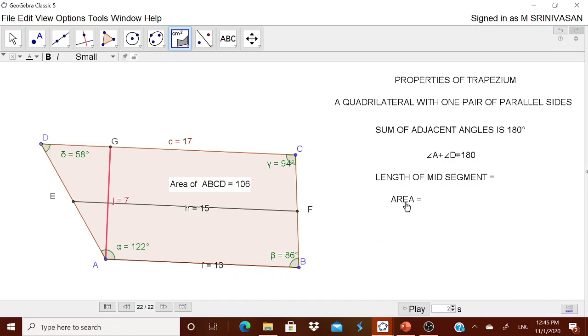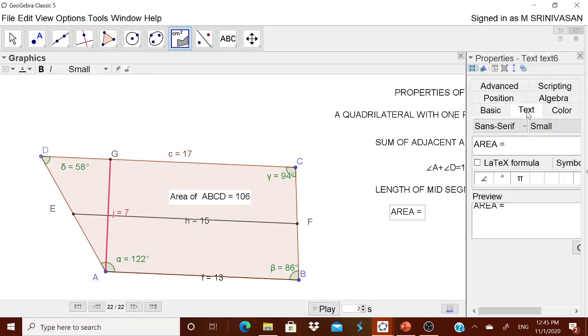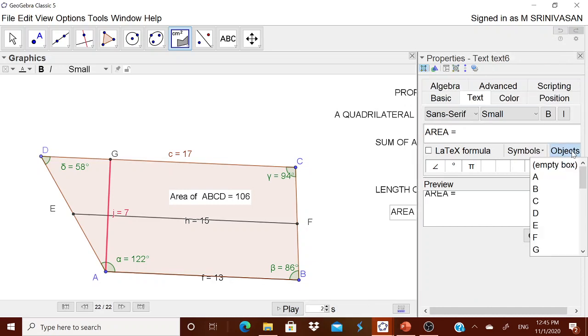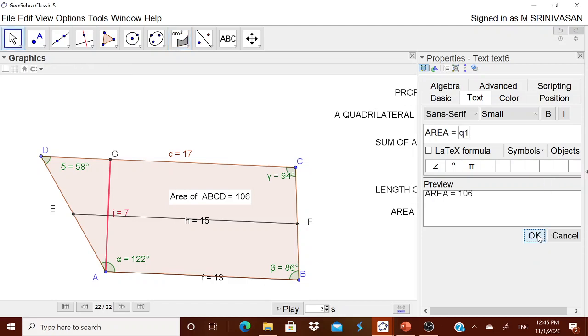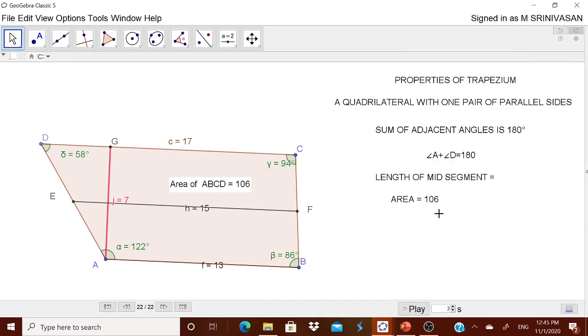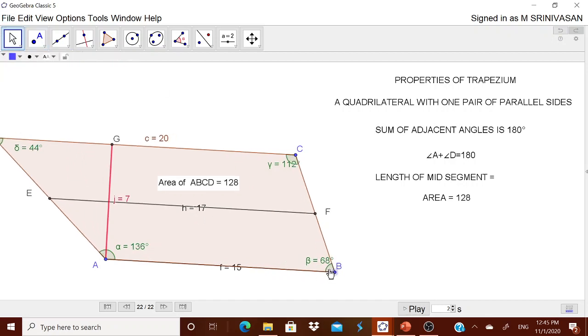Now suppose you want to specify this area over here, go to this text, and I have already done this area. From the object, always select Q1. Always select Q1. Where is Q1 here? It is Q1 over here. This is the area actually. Area will be saved in a variable called Q1 by GeoGebra, because GeoGebra takes this as a quadrilateral. Therefore Q1. Therefore the value of the area will be in Q1. Now the child can pull it and then push it in a particular spot and they can find it.